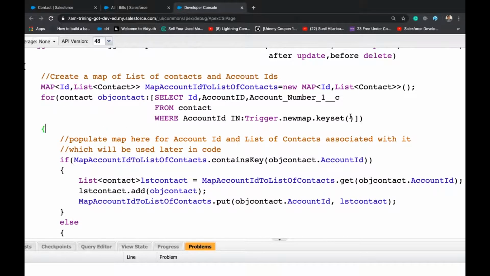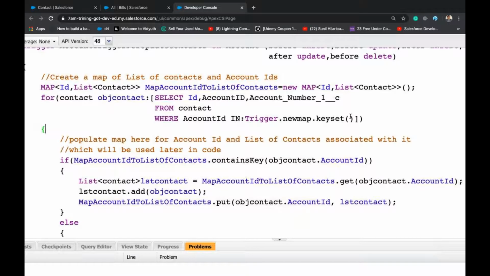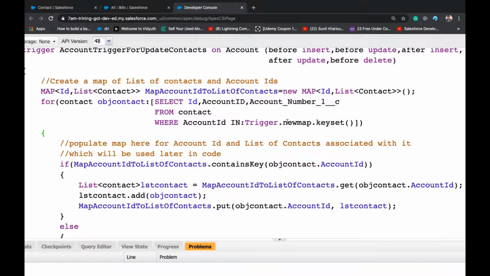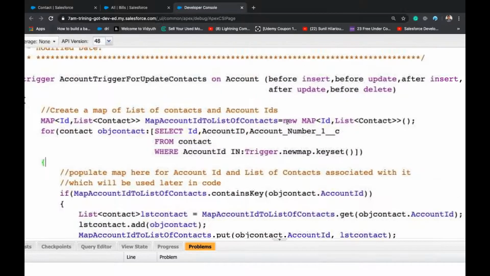So now, just checking, from the Trigger.newMap, Trigger.newMap will have key ID, right? Key-value pair. In the key, all the IDs will be stored. So we can get the IDs, or we can compare the IDs using this key set. Key set will return all the IDs.